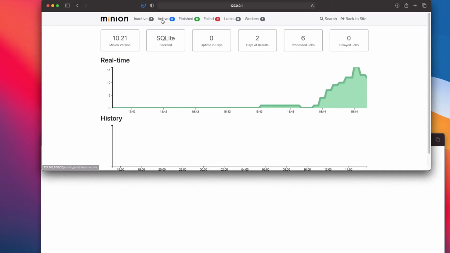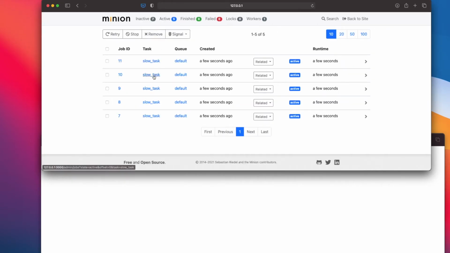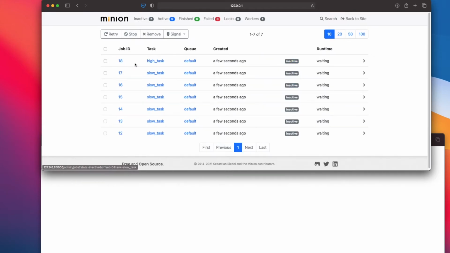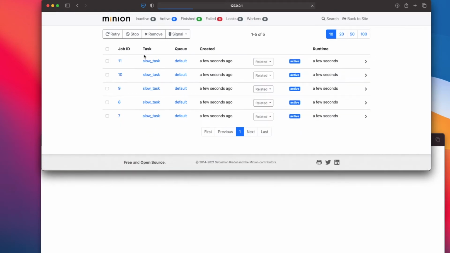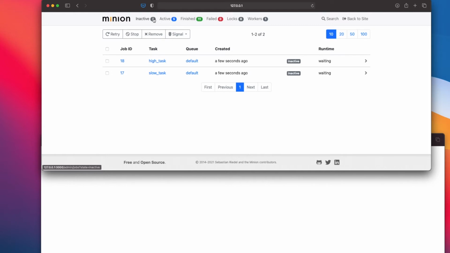So if I go and see here, the active jobs that are getting processed are all slow tasks one after the other. But we have one high task that we added. Since we have given it a higher priority, the moment one of these tasks gets completed, the next task that will get picked up is the high priority task. I think it's already processed.